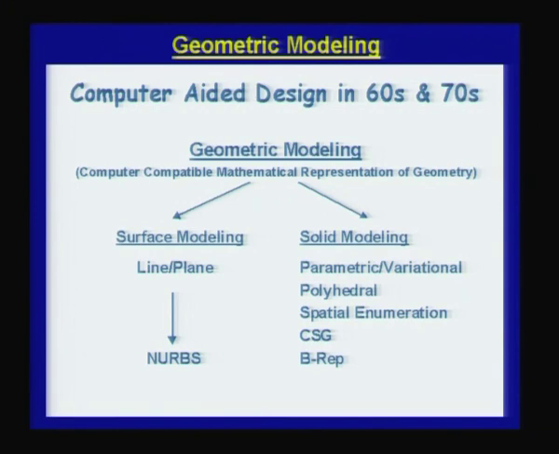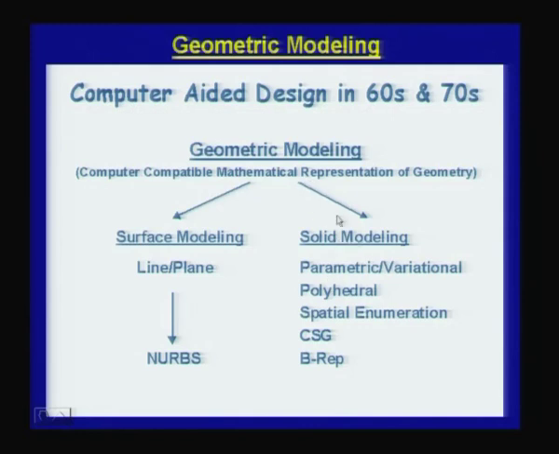And most of the geometric modeling tools which are now being used in computer aided design evolved in the 60s and 70s, and there were basically two different lines of development. One, which we call surface modeling, as a part of surface modeling, representations for curves and surfaces were developed, starting from line and plane, which is very simple and existed before the 60s and 70s. There were representations like representing curves and surfaces as Hermite curves and surfaces, Bezier curves, B-spline curves and surfaces, or what we call NURBS, non-uniform rational B-splines.